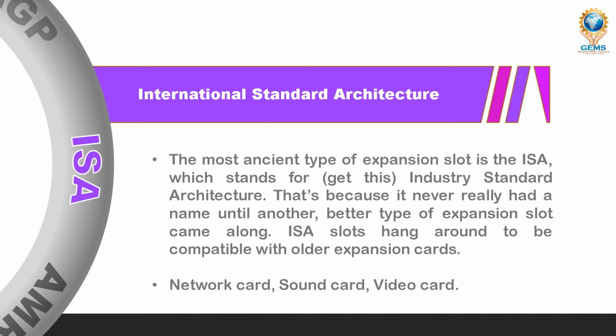ISA was designed to connect peripheral cards to the motherboard and allows for bus mastering. Only the first 16 MB of main memory is addressable in the ISA. The original 8-bit bus ran from the 4.77 MHz clock of the 8088 CPU in the IBM PC, meaning PC/XT, that was the name of that particular motherboard. The original 16-bit bus ran from the CPU clock of the 80286 in IBM PC/AT computers.